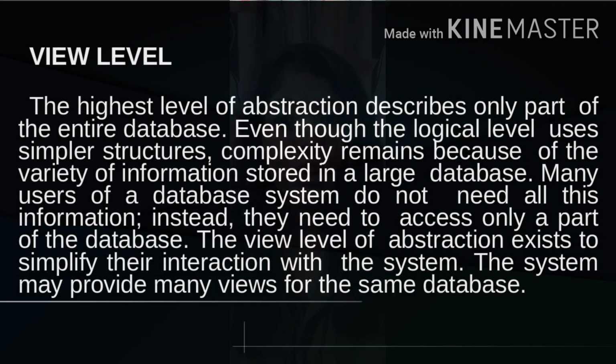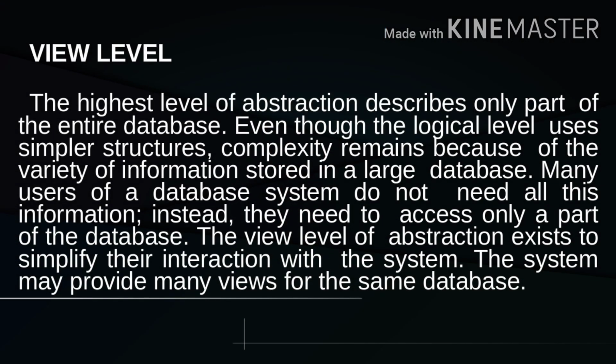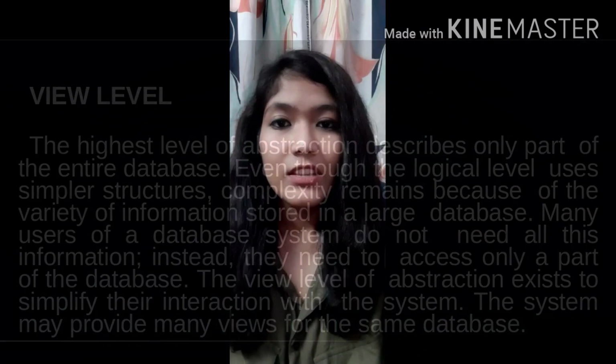Now the third and last level of the three schema architecture is the view level or the external level. It is the highest level of data abstraction and it can only exhibit a small part of the whole database. It exhibits only the particular part in which the user is interested. The view level can describe several views of the same data. Here, the user can retrieve the information by using different applications from the database.